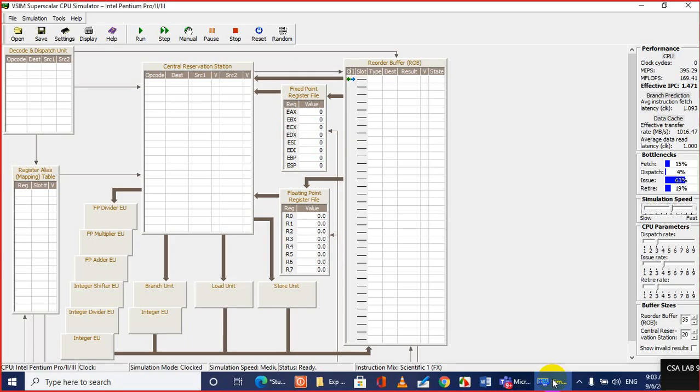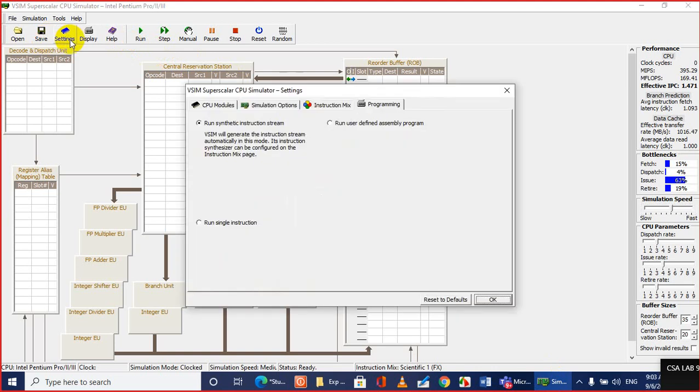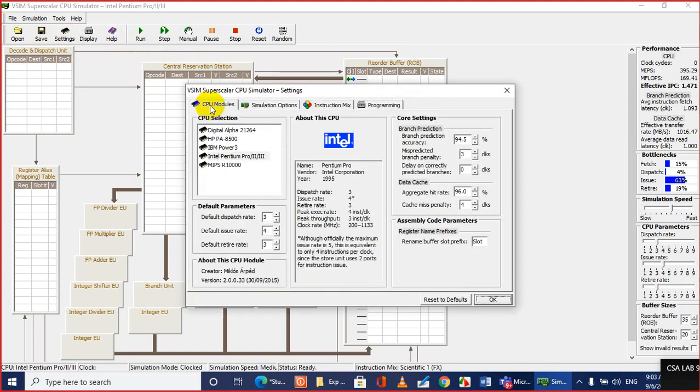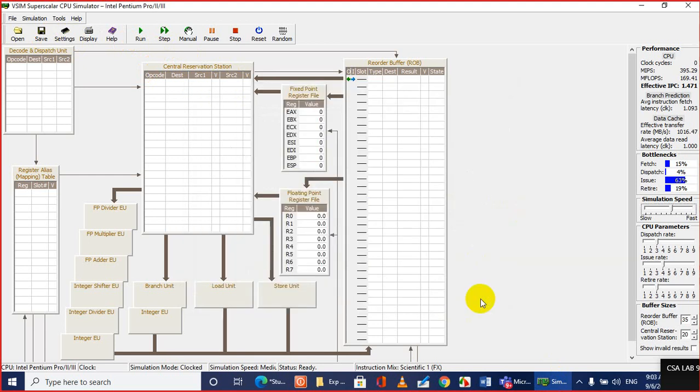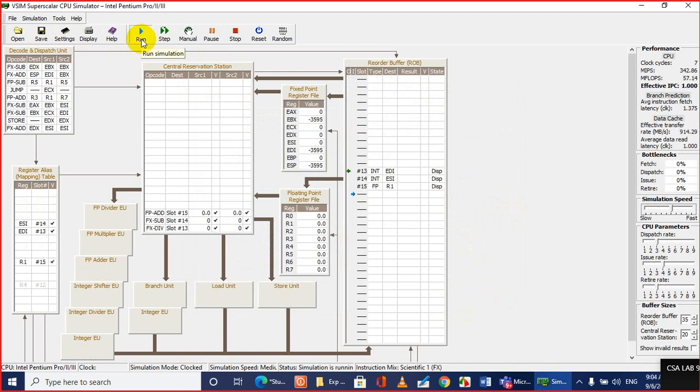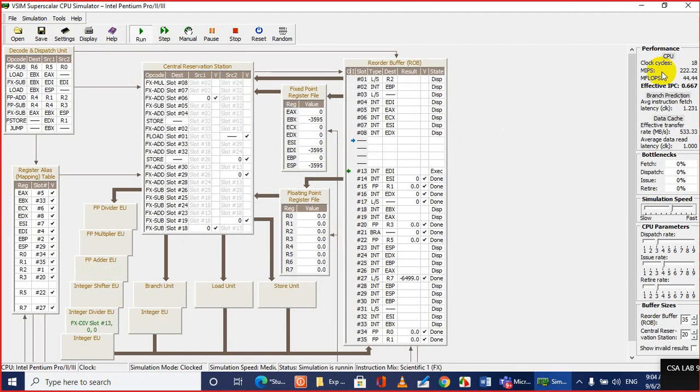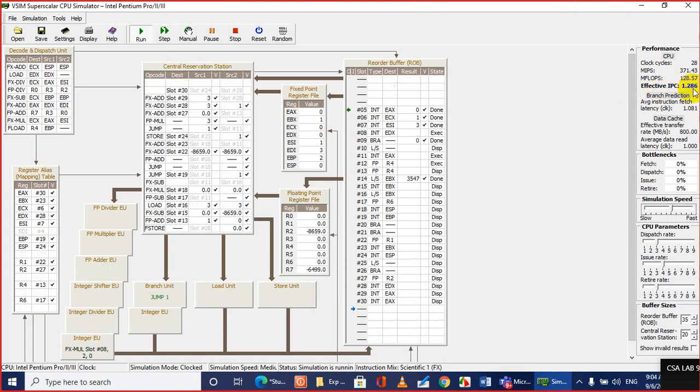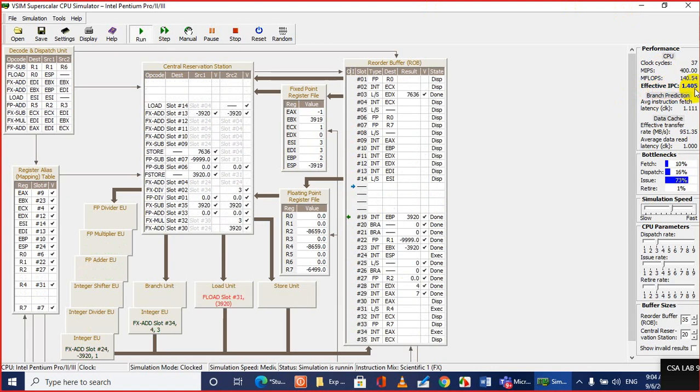Let me show it in the simulation. Go to the settings. Look at over here, data cache hit rate. Set this one to 71 at the beginning. Then you run the simulation. And look at over here, as you run the simulation, it is showing effective IPC.